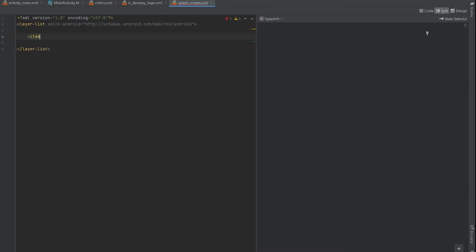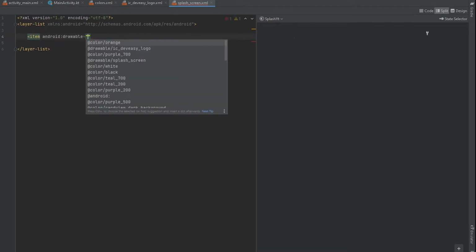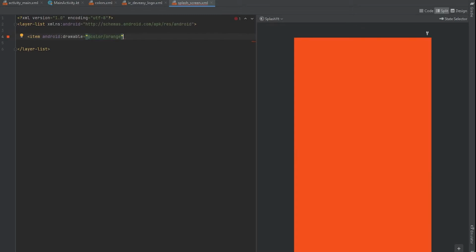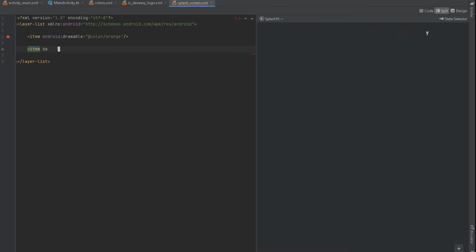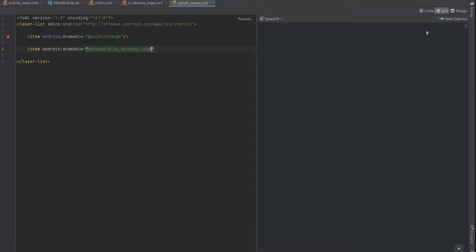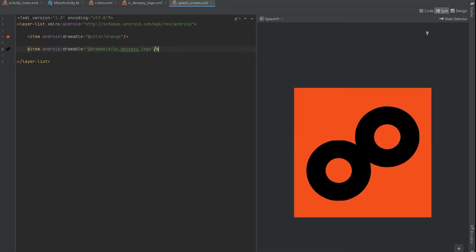So I'll add an item, and inside my drawable I'll take the background, which is orange. I'll close this and add another item. This is also a drawable, and this will be my logo. Okay, so we have our logo done here.